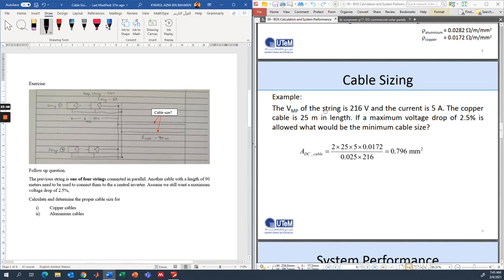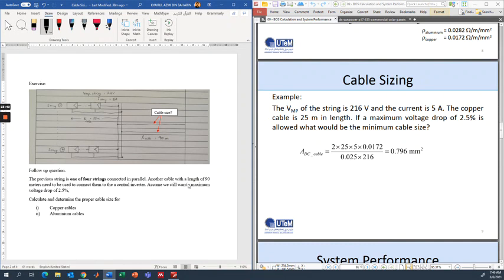So the previous string here is represented as one string here, where the length is 25 meters, the VMP string is 216 and the string current is 5 amps. So actually it has 4 strings connected in parallel and it's connected at this point here. And from this point, there is another cable 90 meters in length, which needs to be used to connect them to a central inverter.